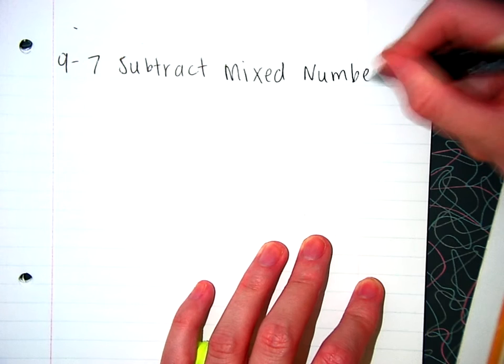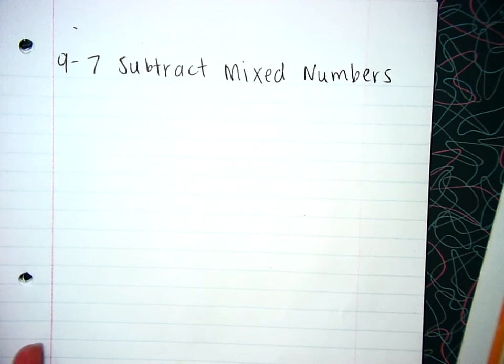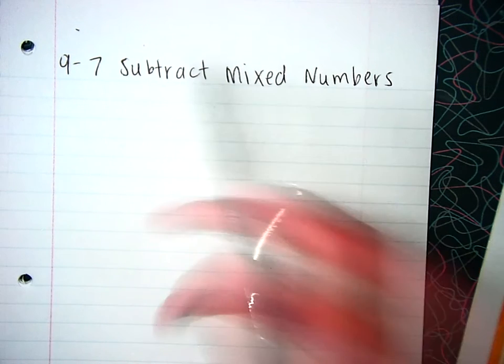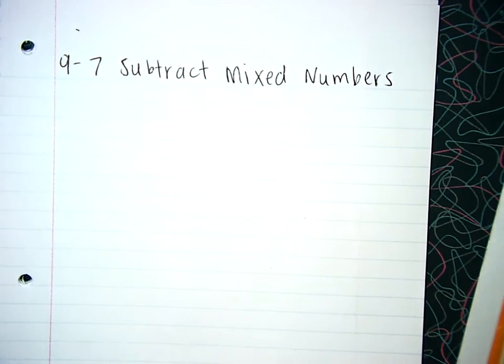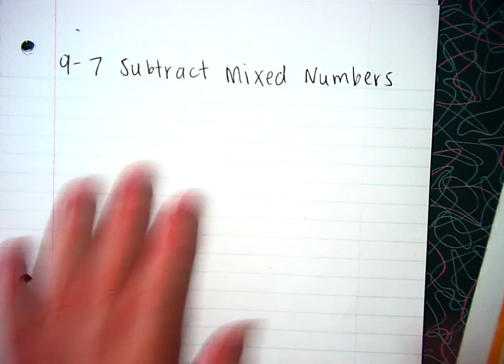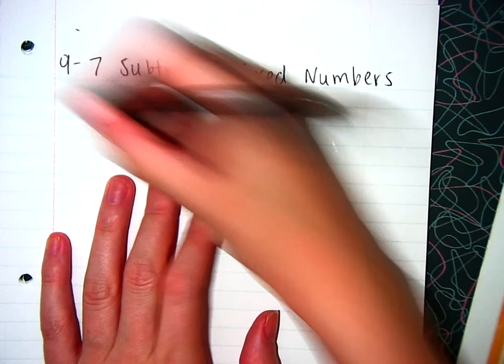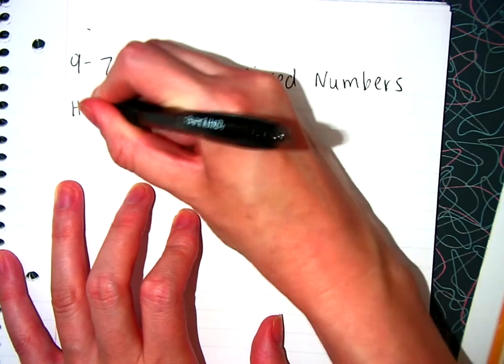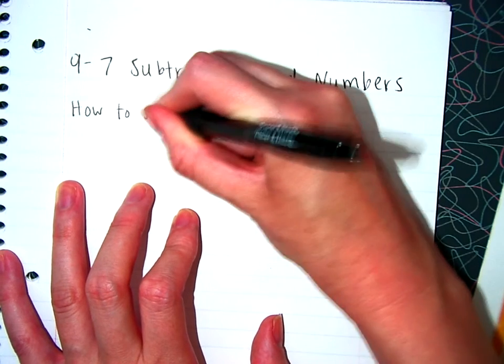So just to give you a reminder, a mixed number has a whole number part and also a fraction part. So you're still going to deal with the same 5 steps of subtracting mixed numbers as we did with adding. So we're going to do a how to subtract